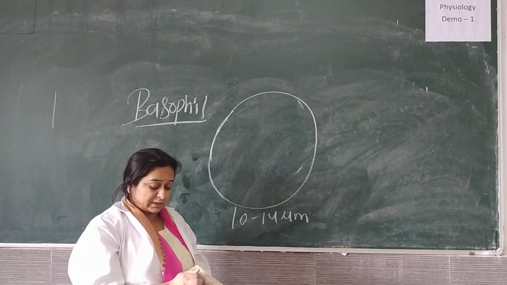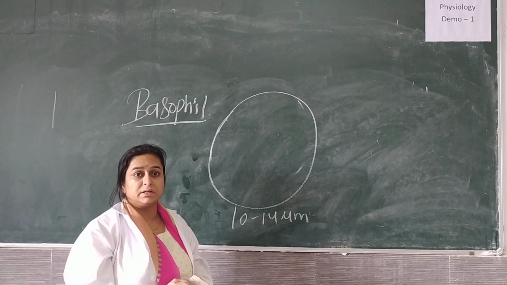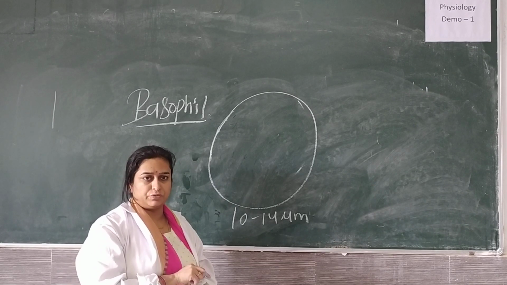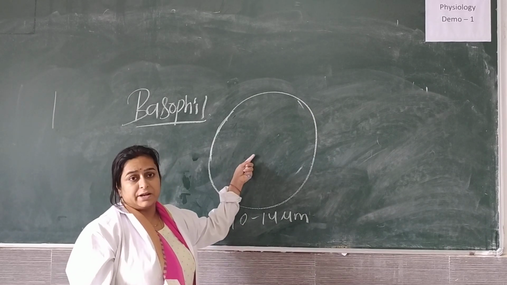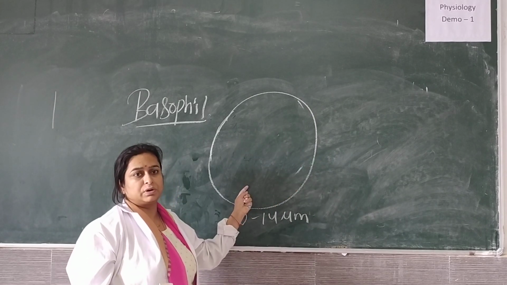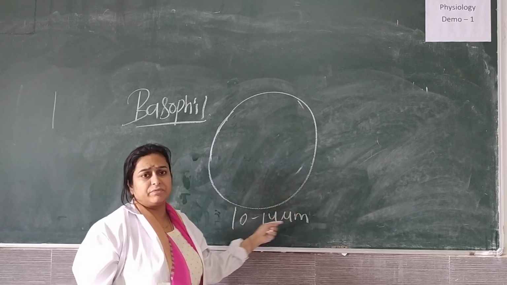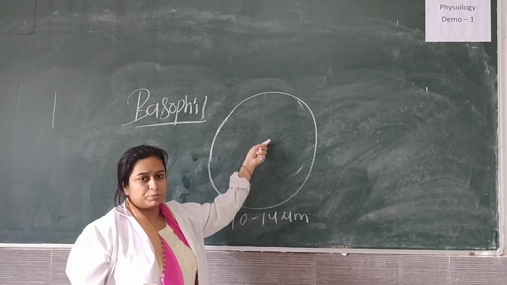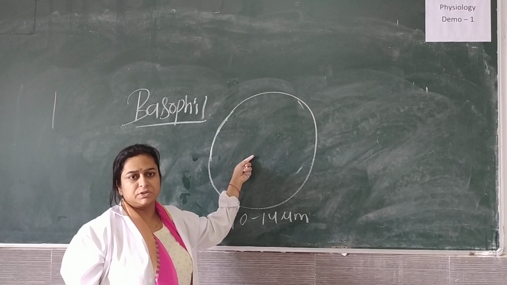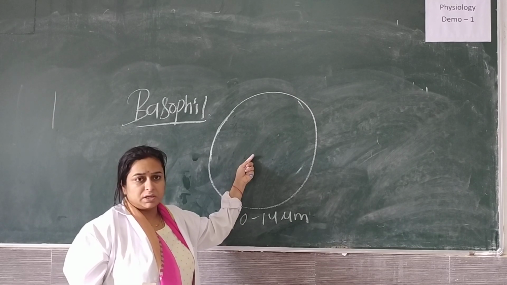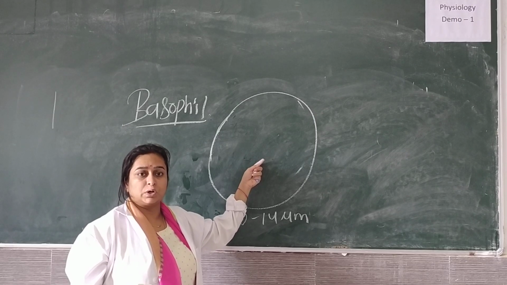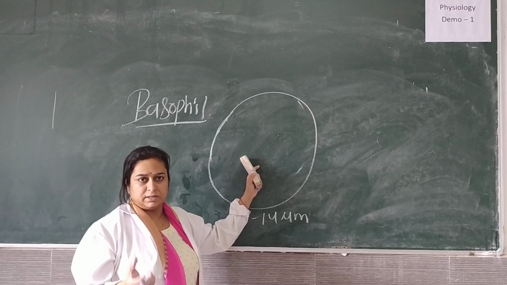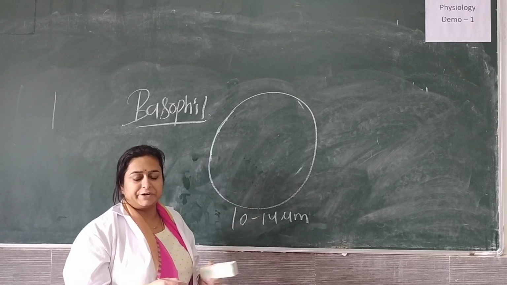The most important thing that we must understand is that the granules of basophil are coarse, like those of eosinophil, but here the granules will overcrowd the nucleus and will be scattered everywhere. We won't even be able to identify whether the lobes are bilobed or trilobed. So that we must understand. Because of the overcrowding of the coarse granules, we won't be able to identify the lobes.